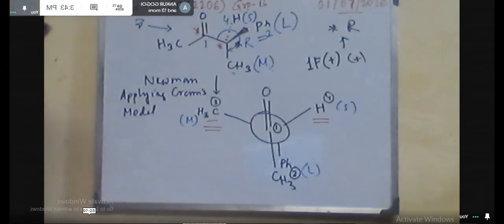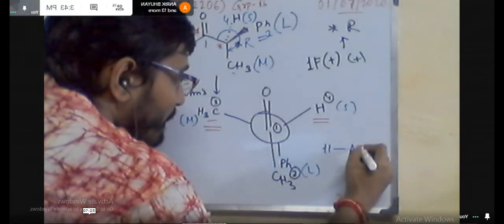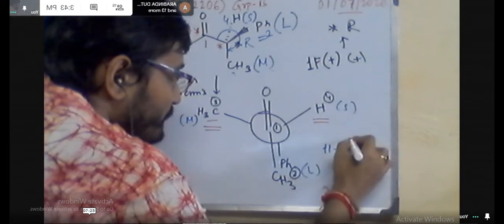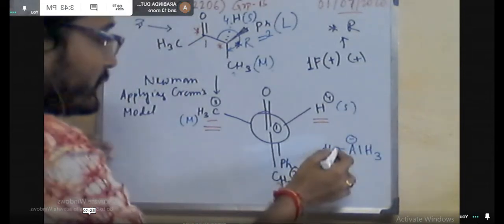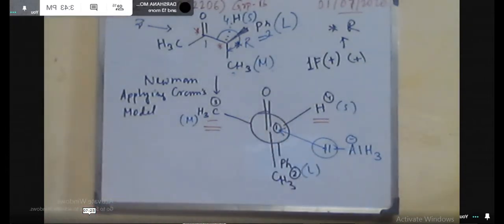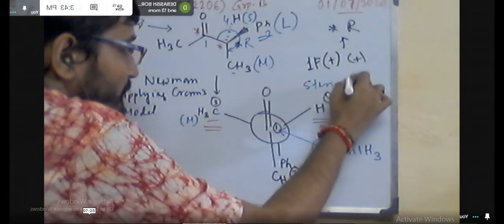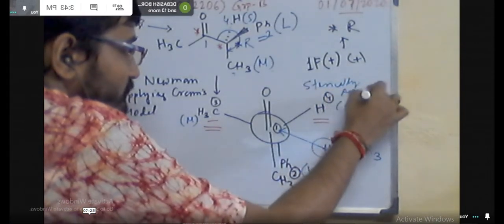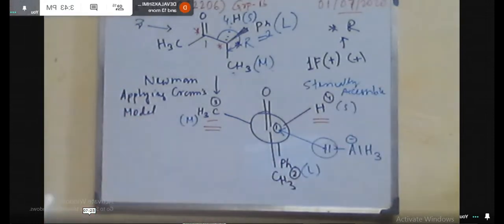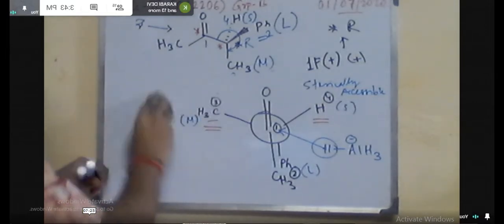So finally, the last step is the acidic workup. You know this. By this workup you will get the product. When the reduction of the carbonyl carbon takes place, that means the carbonyl center is no longer sp2 hybridized; it is directly converted to sp3 hybridization, that means unsaturation. So the structure will be like this.